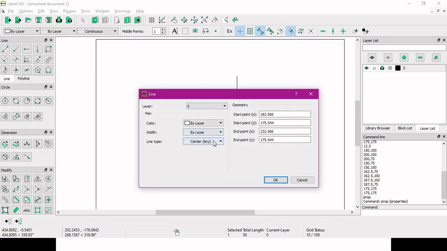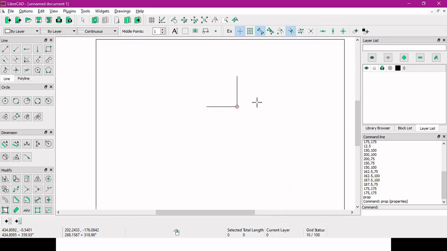This line you select, change as continuous. Done. Now to draw this horizontal and vertical lines again, simply we can use this horizontal and vertical lines, but we can make use of some other tools. Say in modify we can use this move and copy.